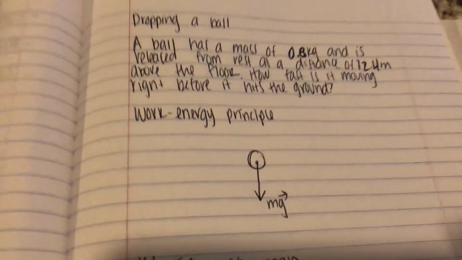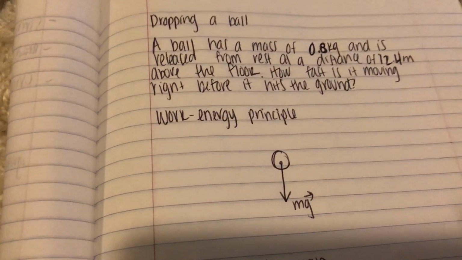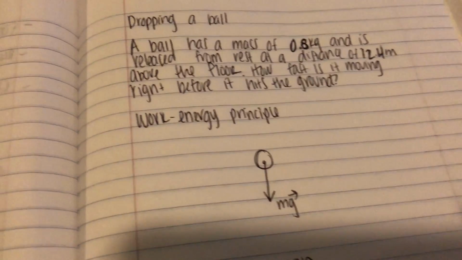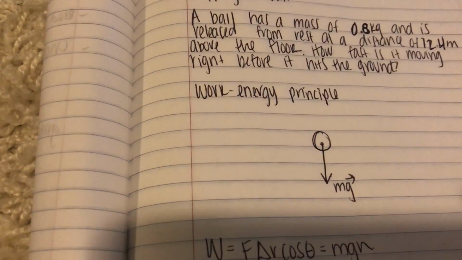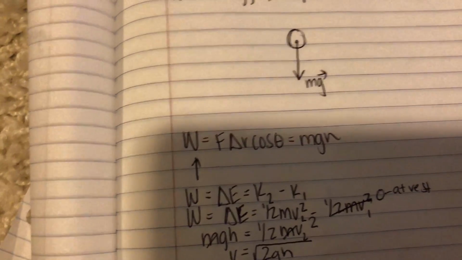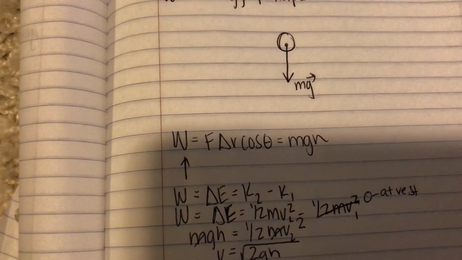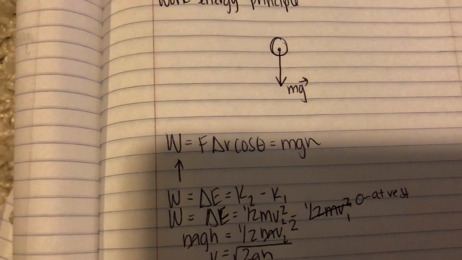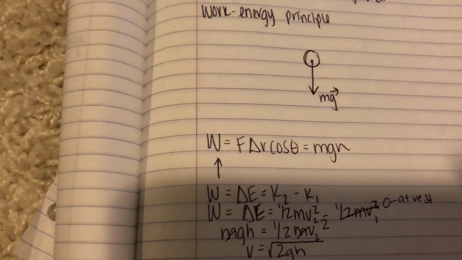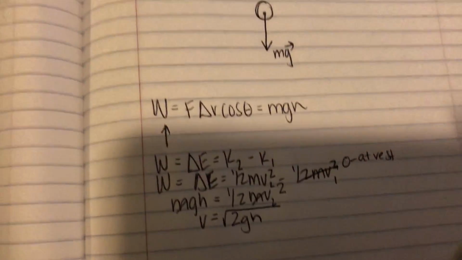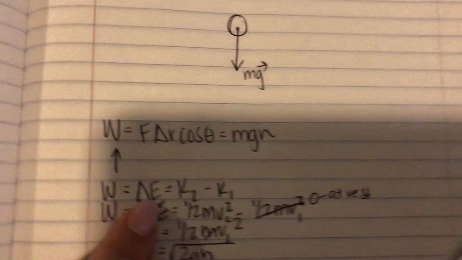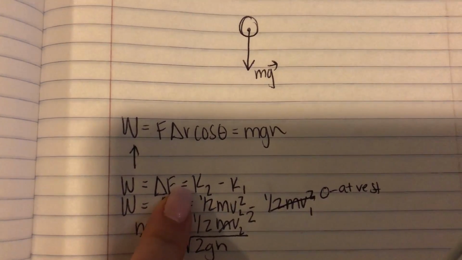If you wanted to solve it on paper, you could use the work energy principle. First you would draw the free body diagram, where the only force acting on the ball is the force of gravity. Then you could use the work formula: work equals the force times delta r times the cosine of theta, which equals mgh. From there, the work equals the change in energy, the change in kinetic energy,